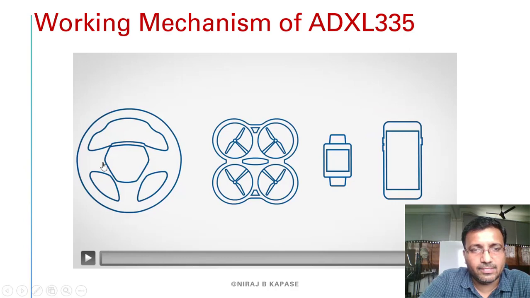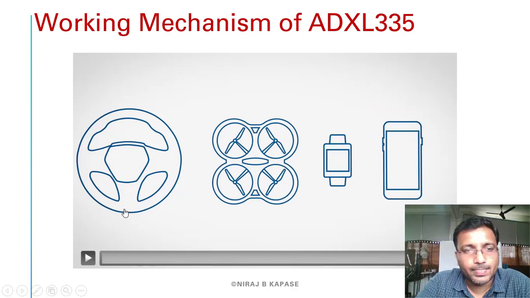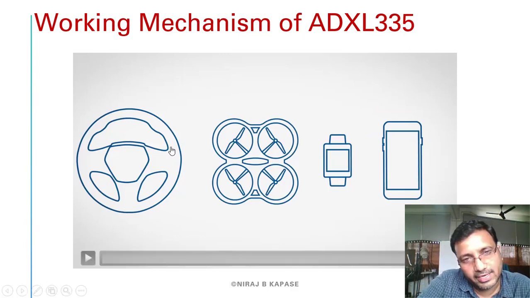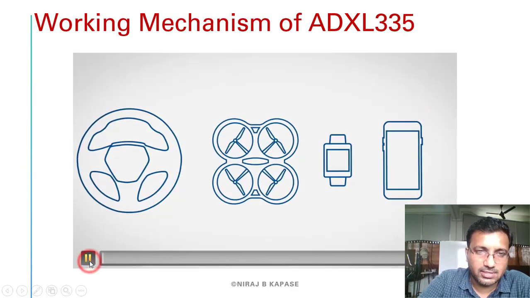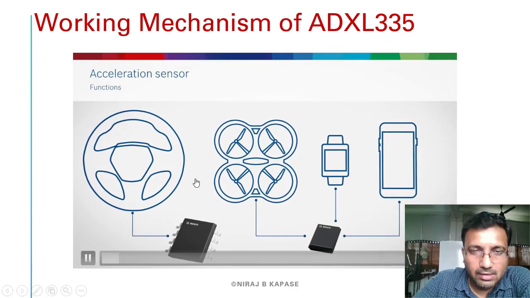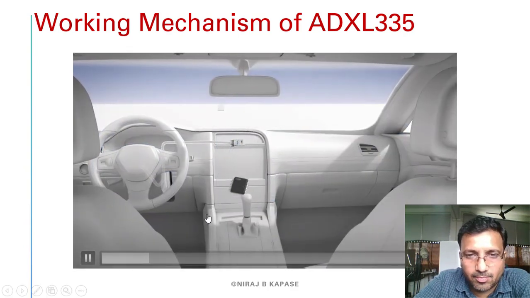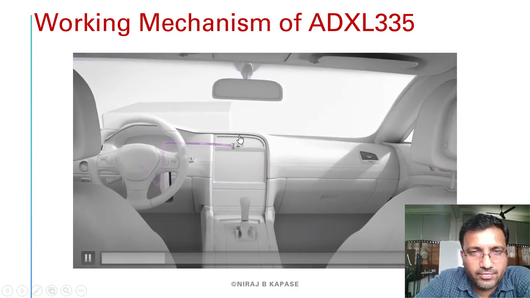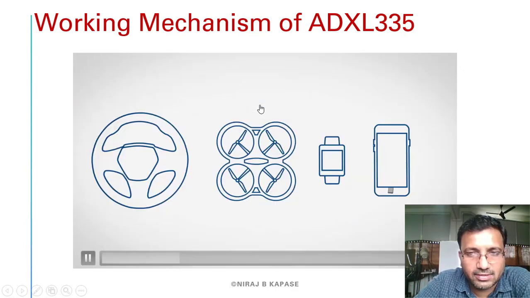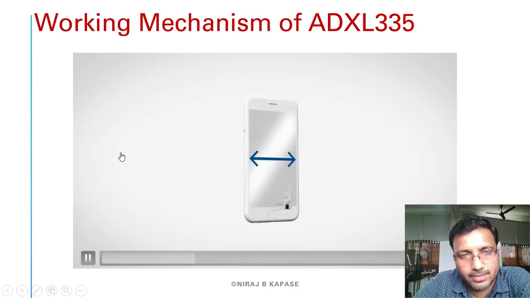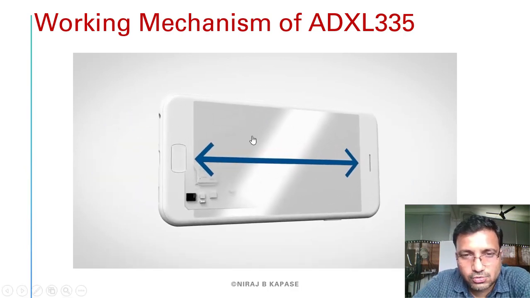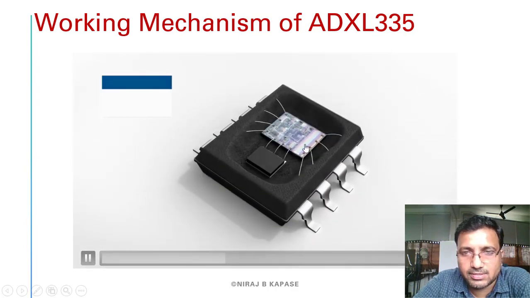What are the applications of the accelerometer is shown. So this is the car. For identifying or turning on the airbags, or for tilt sensors, the accelerometer sensor is used. For quadcopters, the accelerometer sensor is used. For smartwatches and mobile phones, the accelerometer sensor is used. Here is an example of how accelerometer sensors are used. This is not the ADXL335, but a sensor from Bosch, which is fixed in the car. Whenever there is a huge impact on the front side, the car detects it, and then it turns on the airbags. On the phone as well, the ADXL335 or a similar sensor is available.